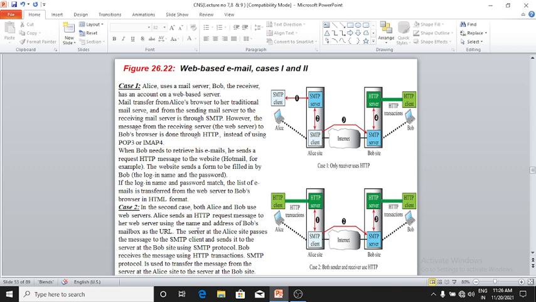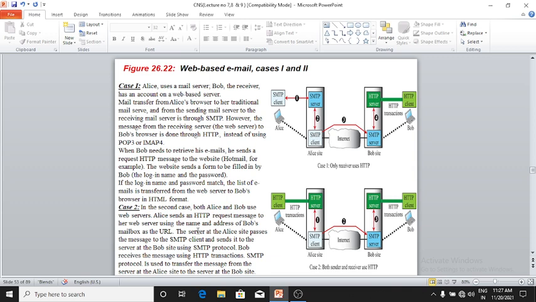Right? In the second case, both Alice and Bob use the web server. Alice sends an HTTP request message to her web server using the name and address of Bob's mailbox as the URL. Okay, the server at Alice's site passes the message to the SMTP client and sends it to the server at Bob's site using the SMTP protocol.